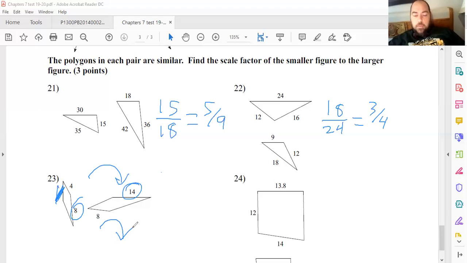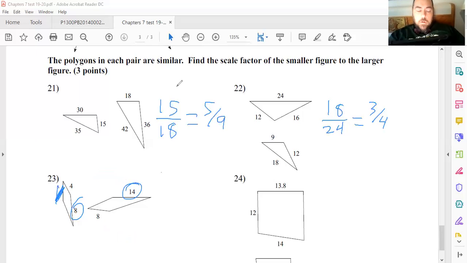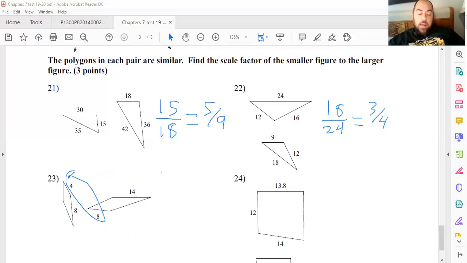Actually, I did that wrong. Because if we did that, we'd end up backwards. So let's go undo, undo, undo. So it's actually the 8 and the 4 that match up. And how I can tell is if I kind of mentally rotate this one this way to where it would line up, notice that this point right here would be higher. So when we put that 8 and 14 one, the one on the right, when we put that up and